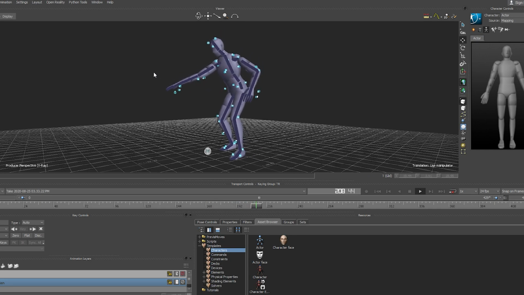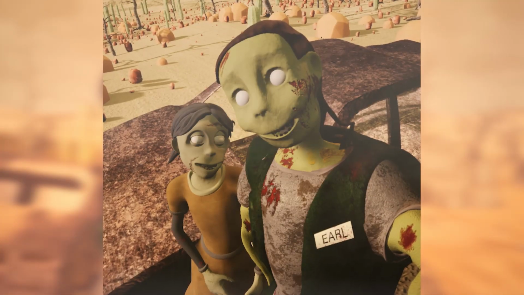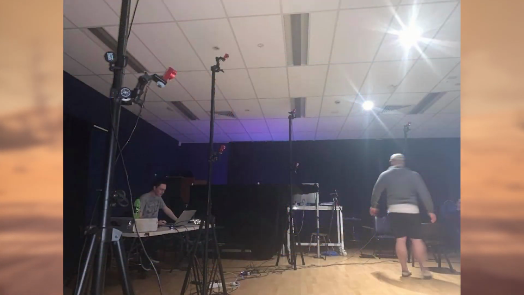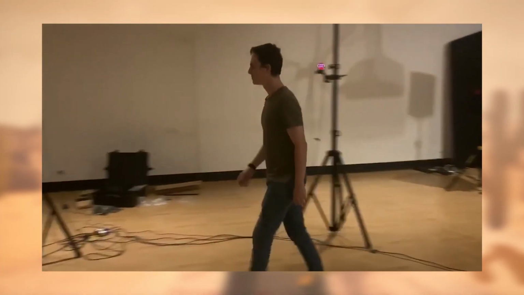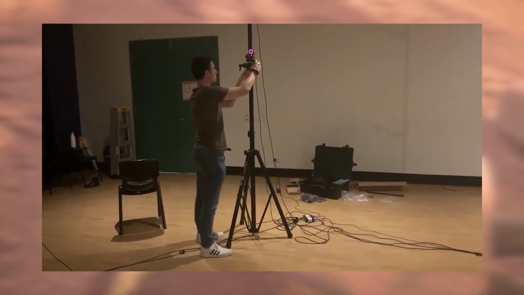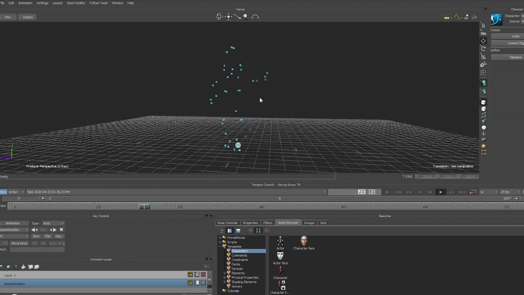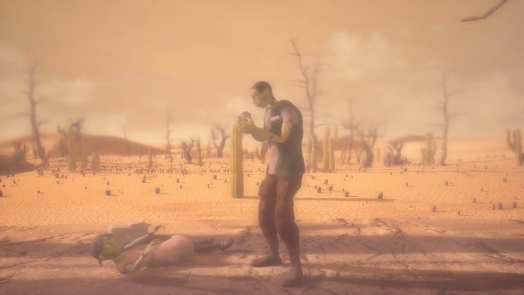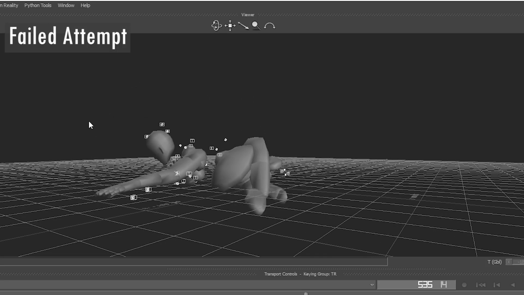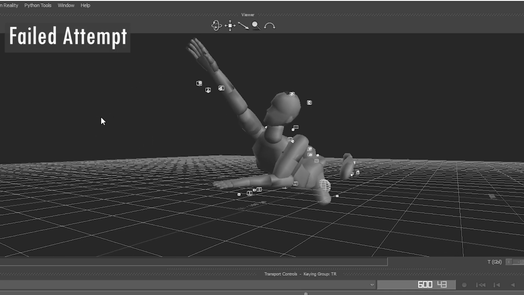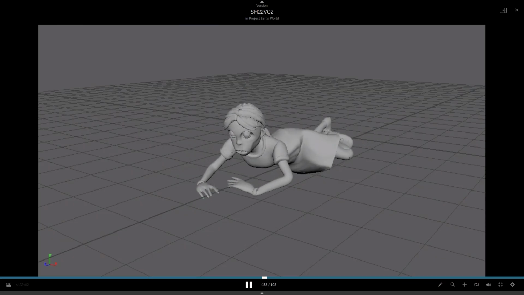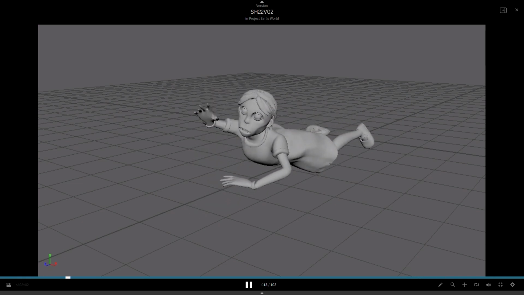But luckily, I love motion capture, and this was going to be a massive shortcut. We shot it way back in August, which was so much fun for me because this is the first time I've ever been a director on an actual set and having my own little crew. The motion capture turned out to be a massive success by being able to capture all of Earl's movements and just a little bit of Annie's. The problem there, however, is that she's on the floor for 95% of the film, and lying on the floor conceals half of the tracking markers, which makes the data impossible for cameras to catch. So while we couldn't use motion capture for Annie, using traditional 3D animation techniques was totally achievable in our scope.